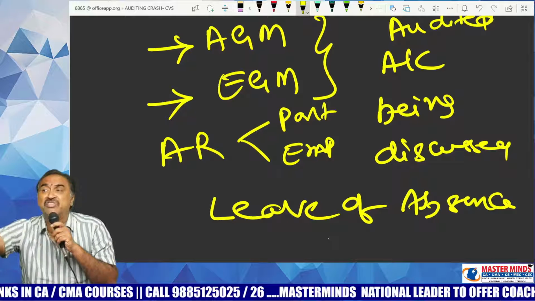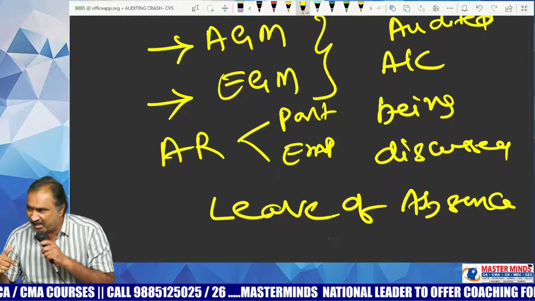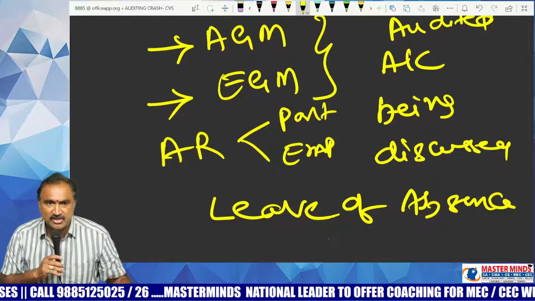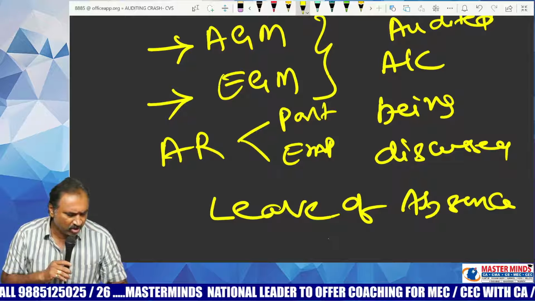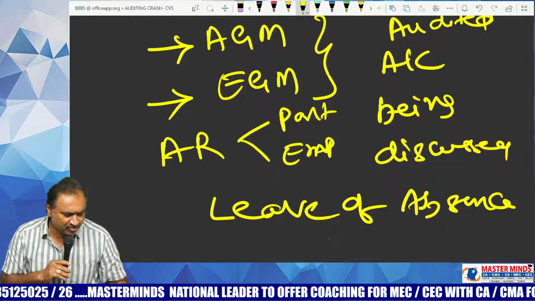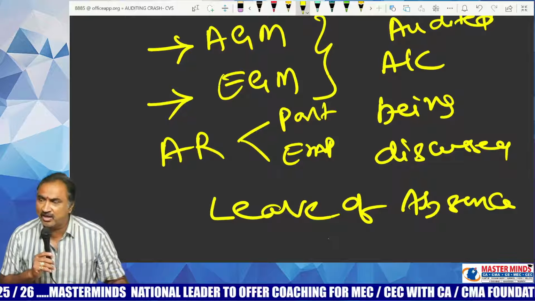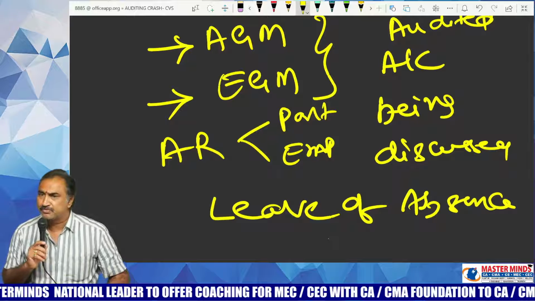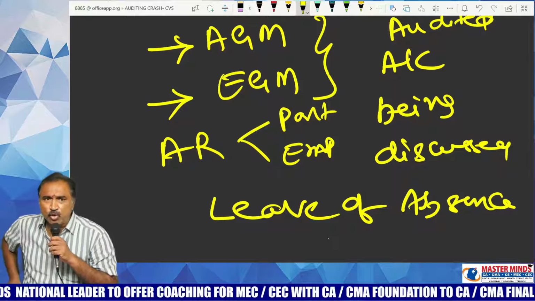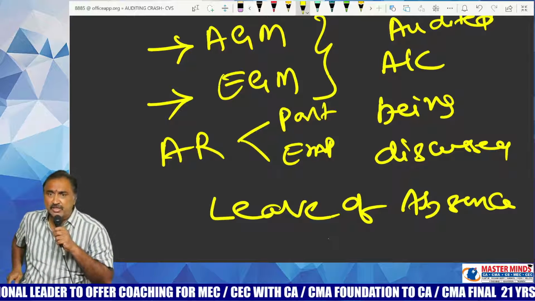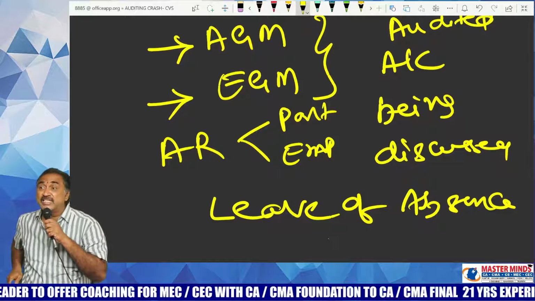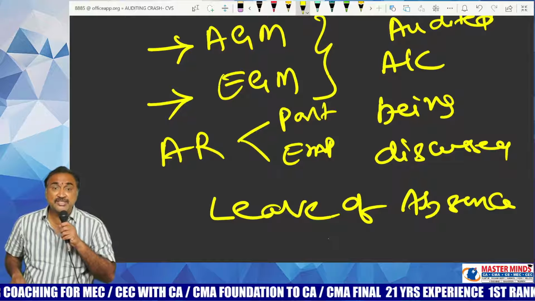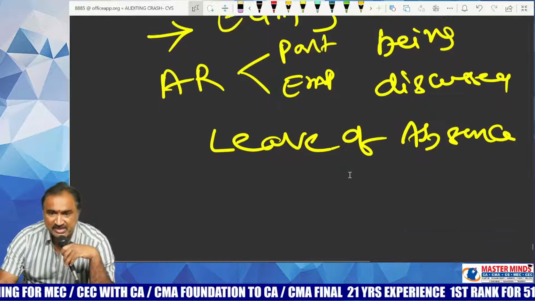That is the duty of the auditor. Getting notice is a right. Attending the meeting is a duty on the part of the auditor under section 146. Can you now please repeat what is the duty of the auditor? What is the right and duty of the auditor under section 146 of the Companies Act? Right to receive the notices of the meetings of the shareholders and to attend such meetings. This is a right given to the auditor under section 146 of the Companies Act.